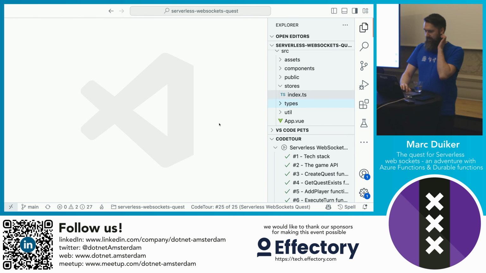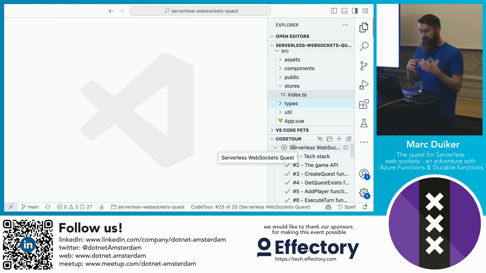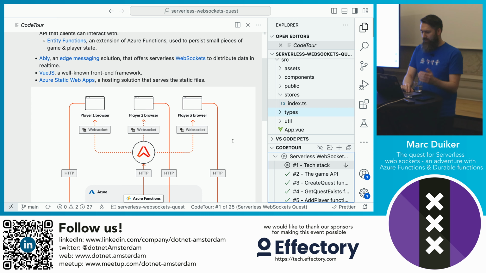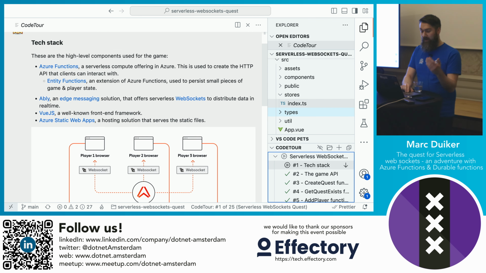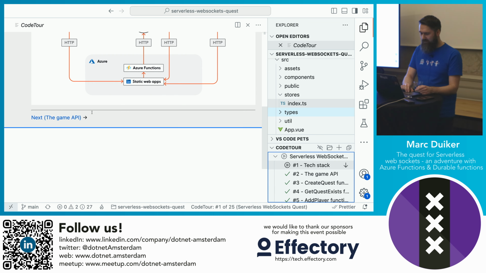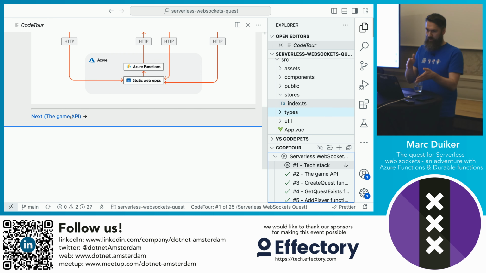Okay. So I'm a big fan of VS Code, and one of the extensions in VS Code is called Code Tour. I'm not sure if anyone here has heard about that. No? Okay. With Code Tour, you can actually record or document your source code, and it allows you to do a kind of virtual tour through your code. So you can write Markdown like this, and then it will give you buttons to go backwards and forwards through your code.